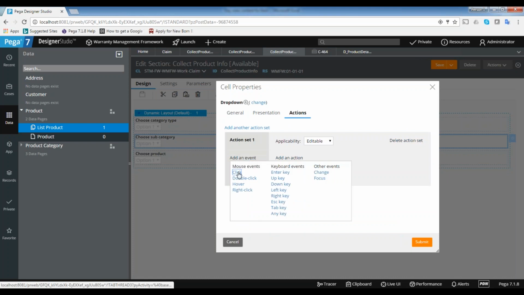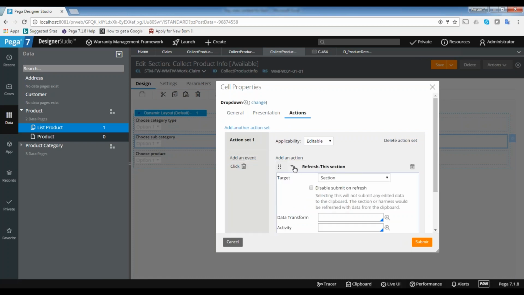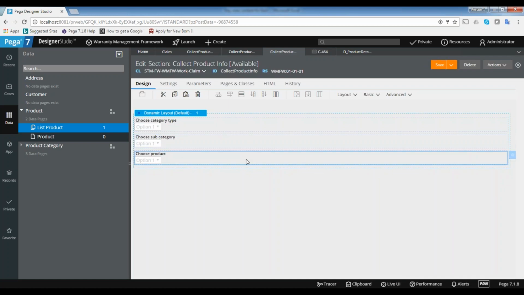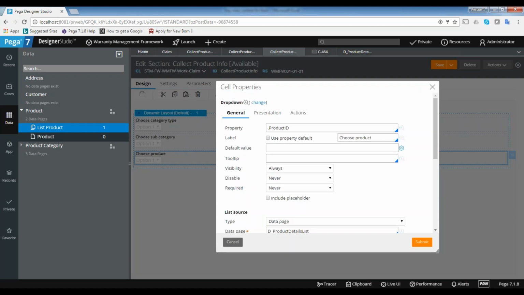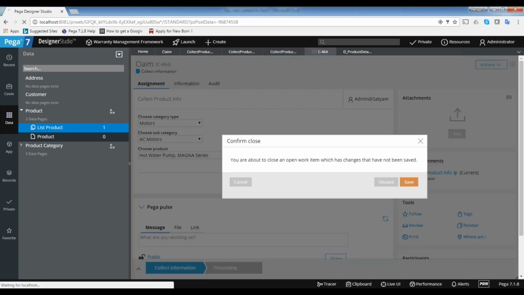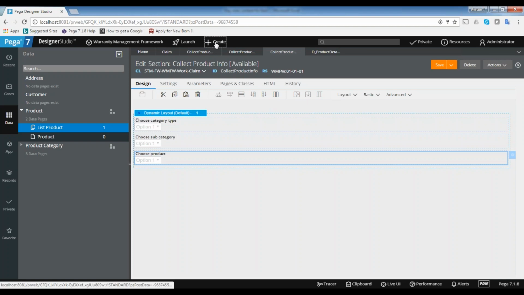If the value is not there in the memory, an empty value will go as a parameter. That is why we are refreshing the section, so that the value will be stored in the memory, and then taken as the source for the database parameter. Now let's do it again. Let's refresh it. Let's do one more. Let me create one more case.